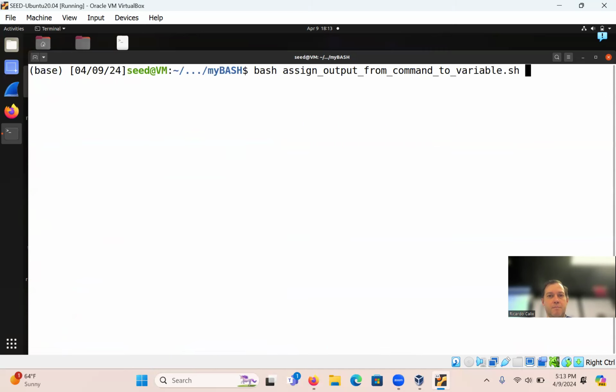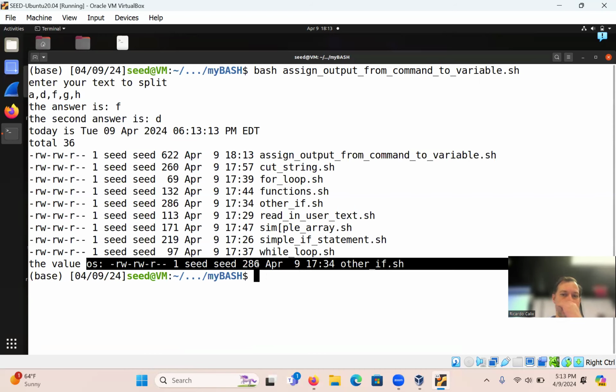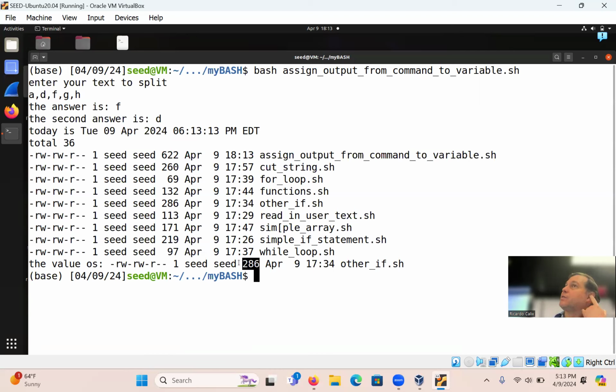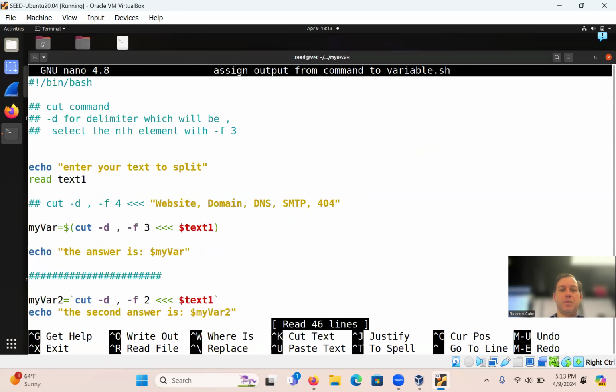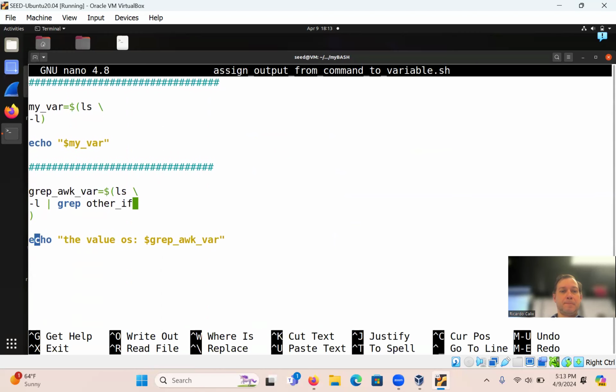Clear. Did it work? Didn't work, huh? It did work. All right, it did work. So you can see it here. So we've got the statement that we want, but I want to get the 286. That part we saw with awk, as you remember from the homework assignment. This should say is.